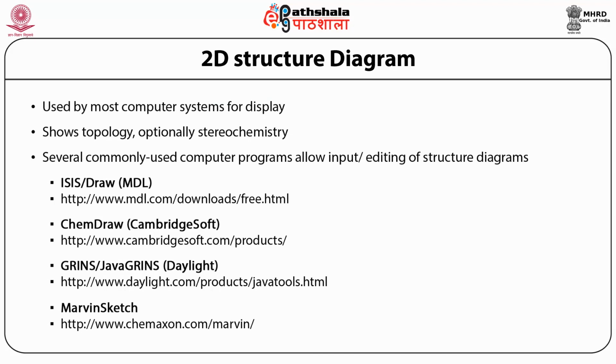There are several software packages, and many more are not listed here, which mostly display structures. So you provide a chemical formula and it displays the 2D structure. How does it do this? It calculates all the bonds, double bonds, single bonds, etc., and makes a connectivity between each of them and depicts it in a graphical system. These four software packages are used very often, so I have shown them to you.